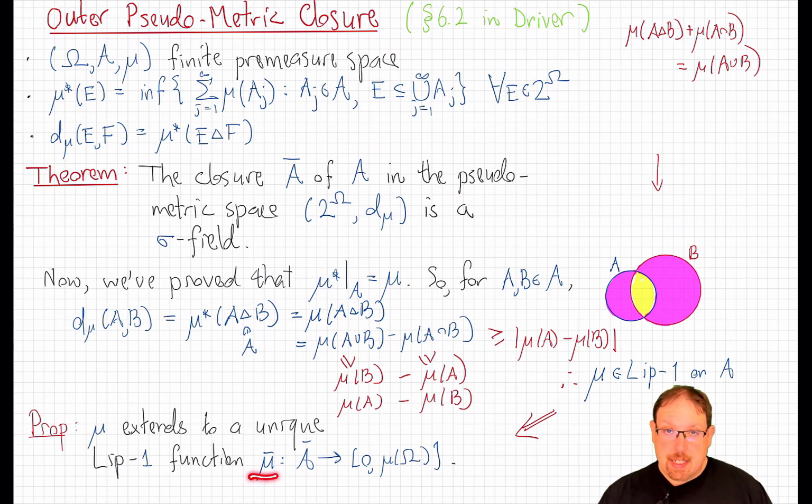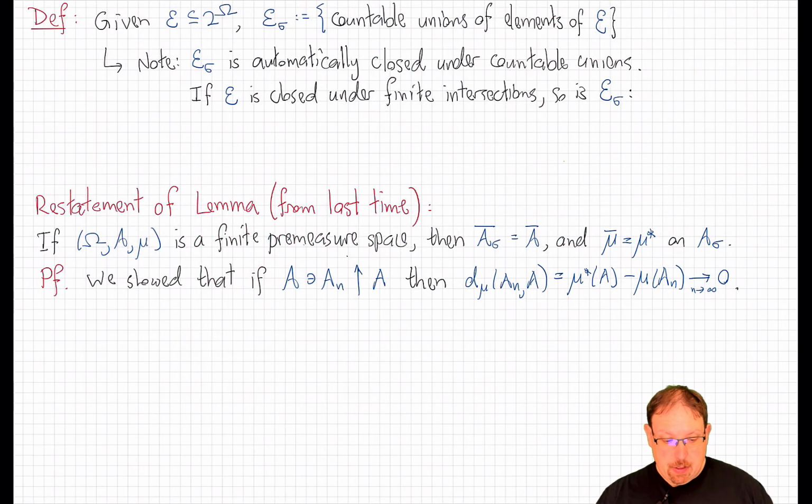Our goal is now to show that that extension is in fact a countably additive measure on this sigma field. And we're going to do that using topological considerations. So as a first step, we'd like to gain a better understanding of the structure of the closure. To see that,